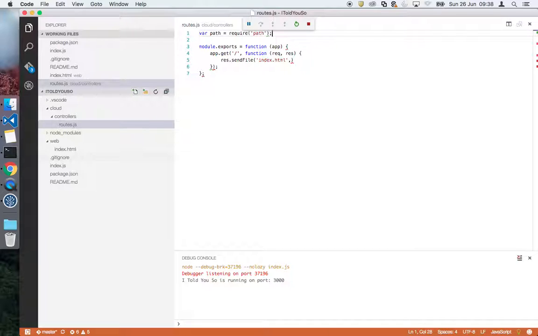And I am going to basically tell it where my file is actually located. So for now, say root and then path.join,